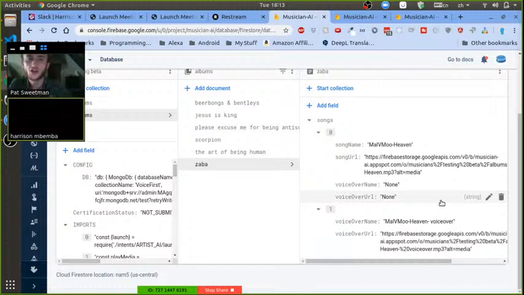Okay. In my mind, they're not necessary, but I'm seeking to understand. Do you see something that I might be missing as to why they might be necessary? No, from my understanding, I guess what I was thinking was that each song would have a voiceover name, so that was sort of like a placeholder for it. But it doesn't seem like each song needs a voiceover.